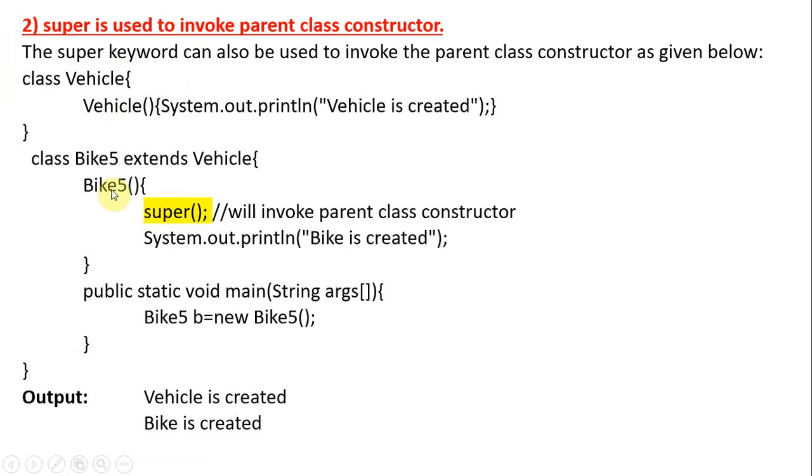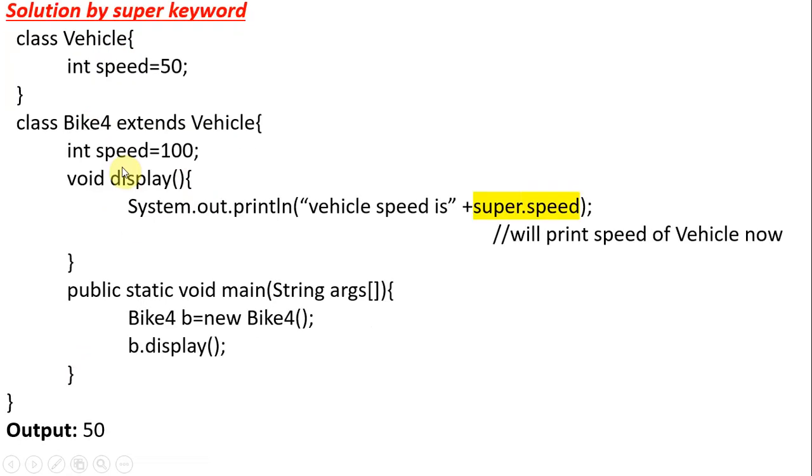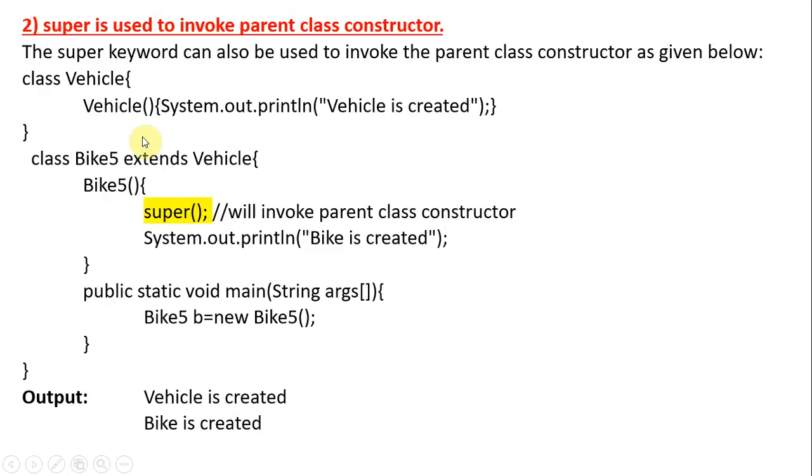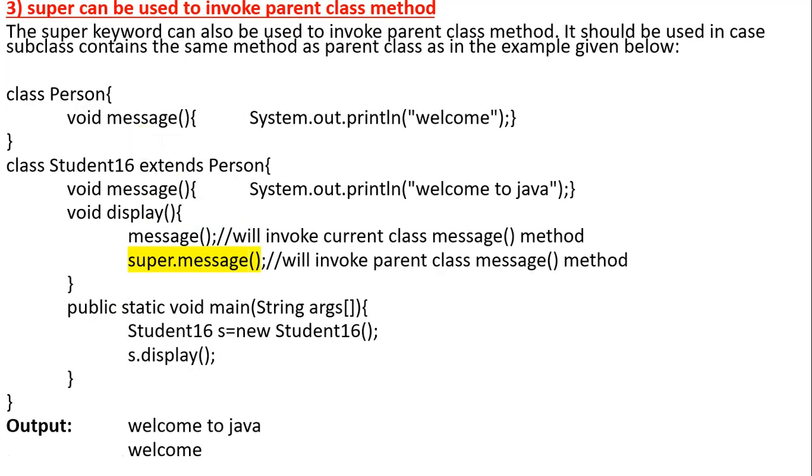So both are not having the same constructor, but when it comes to the instance variables, they have the same name. Okay, the same also happened here. Class Person is the superclass, and class Student16 is also a class that extends Person. So Person is the superclass, Student16 is the subclass. In this we have a void superclass method message, and here also we have a subclass method message. Both have the same name.